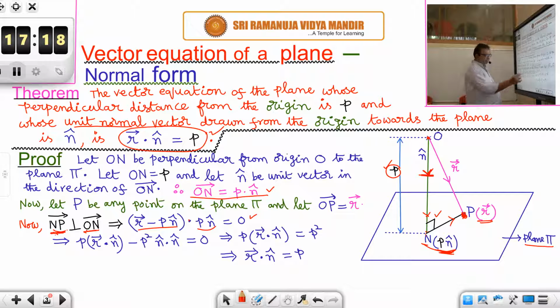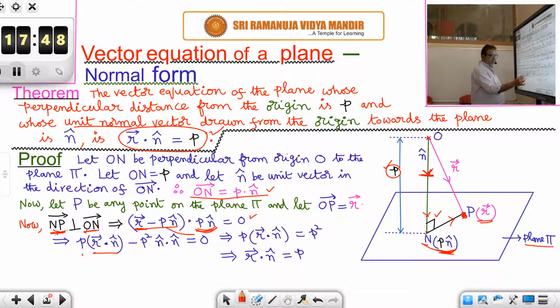Okay. So R bar dot P n cap. But remember that P is just a scalar. A scalar will move freely, is it not? Vectors we consider for dot product, but P is a scalar. It can be brought forward. So R bar dot P n cap is equal to P into R bar dot n cap, because P is a scalar, I can take it out.